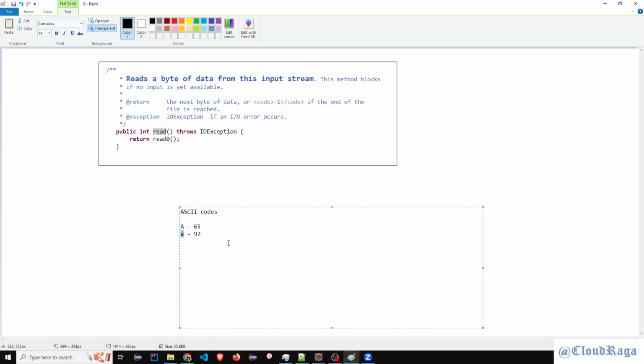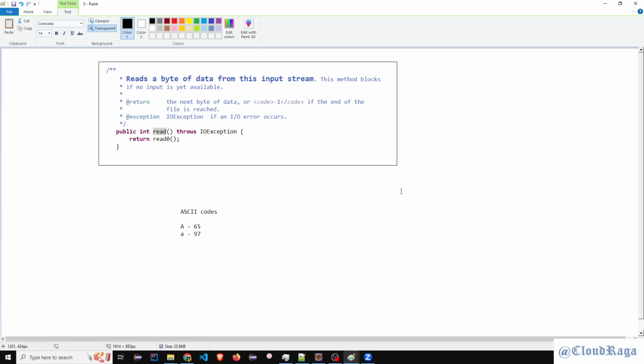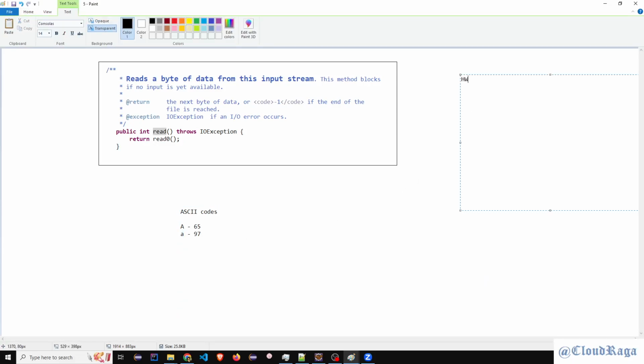These are codes, and this reminds me of one homework for you guys. Print ASCII codes of A to Z. I'm writing capital A to Z, then small a to z, and numbers. Let's see what it prints. How to do that?